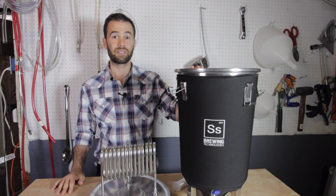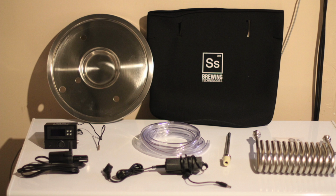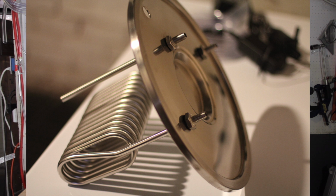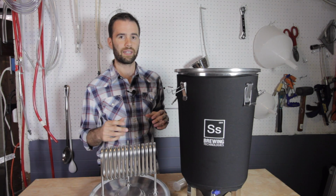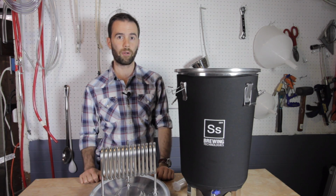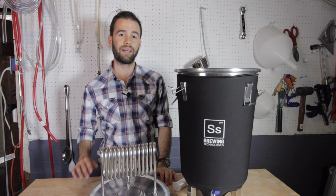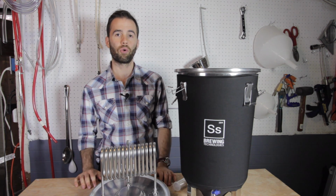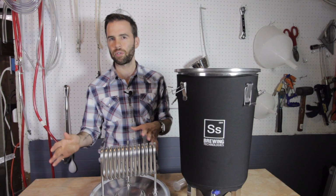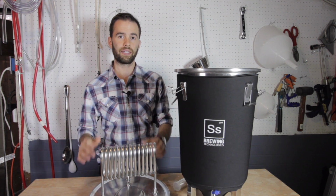This is a fermenter, a stainless steel fermenter. And then there is the FTSs fermentation system, and that's a way to regulate fermentation temperatures. So there's a fermenter, and then there's the way to control the temperatures, and like I said, they go together really well. So the FTSs is made for the brew bucket. They also make conical fermenters, larger conical fermenters, and they have temperature control systems for those as well. I've never used their conicals before, so I'm just going to focus on the brew bucket and the FTSs that